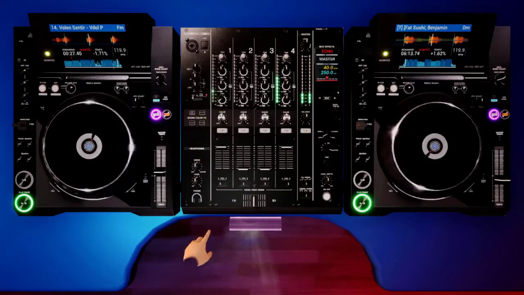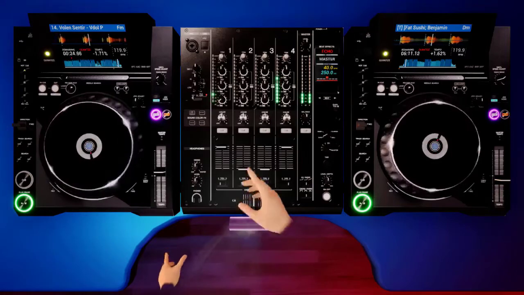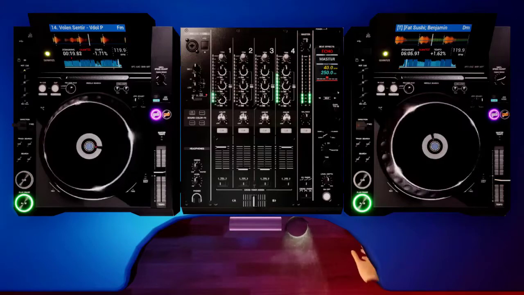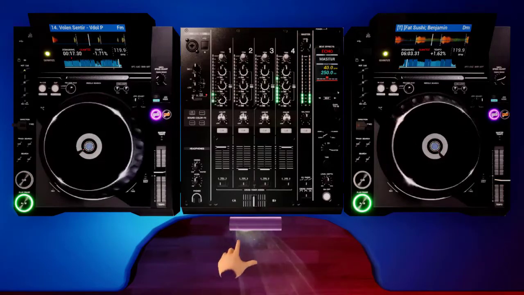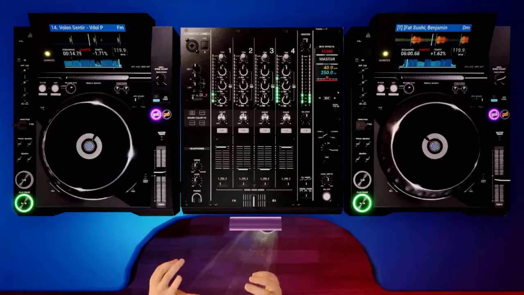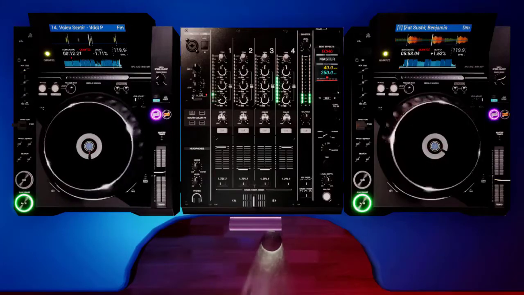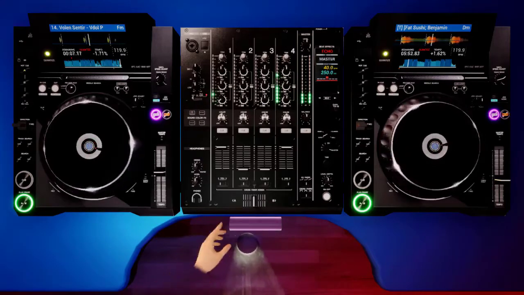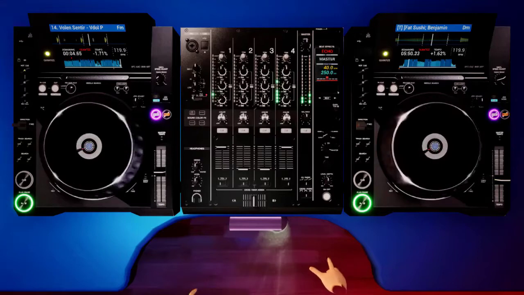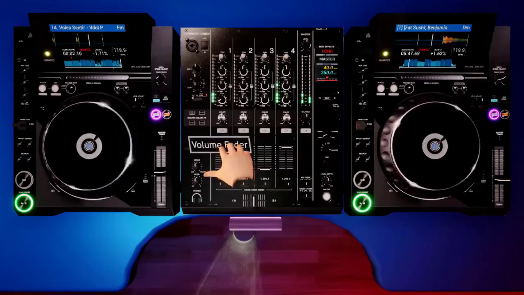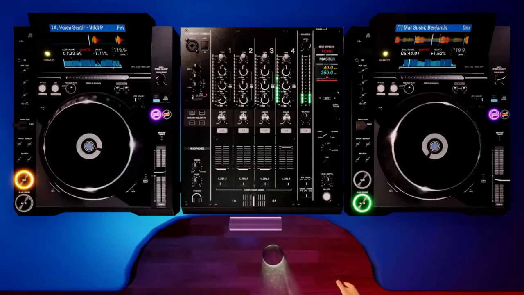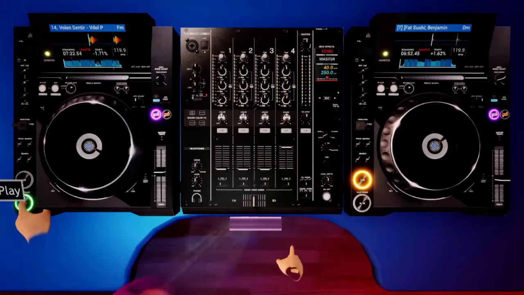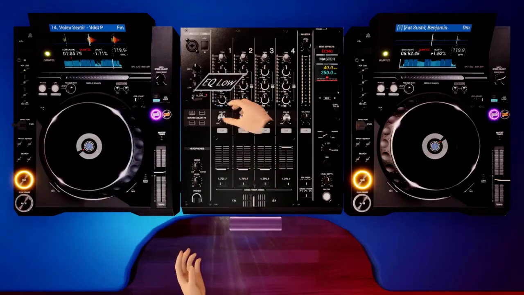Sounding good. I like it. Let this transition right out. It sounds like that's going to be our marker. Cool. I'm loving it. So let's set our hotcues so now we know when we record our set and when